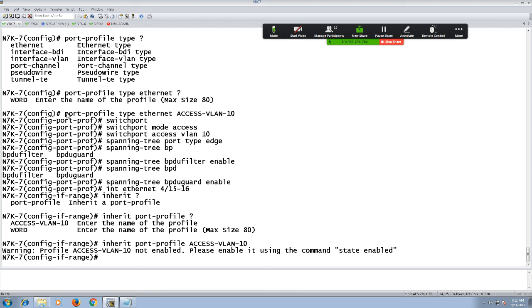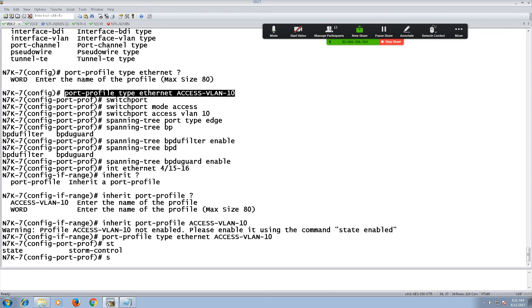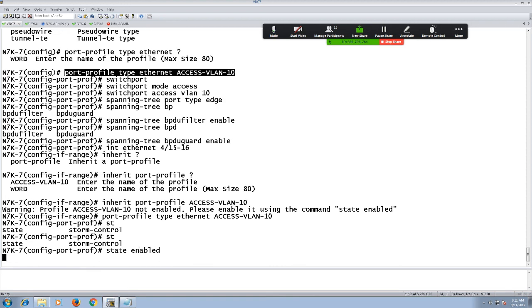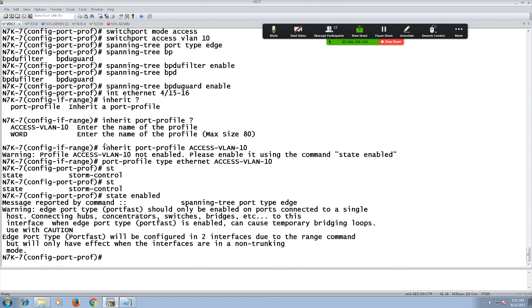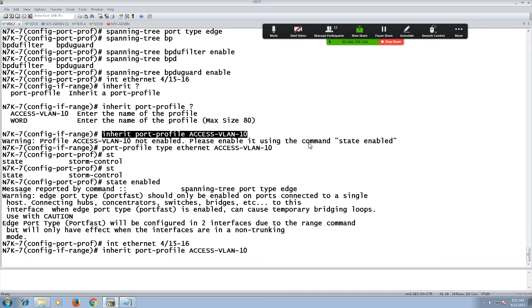But one thing: you have to enable the state. So you have to go to the port profile and do state enabled, which we missed. Then you can go down. I think that has been implemented, but let me double check and implement the inherit port profile again. Done.